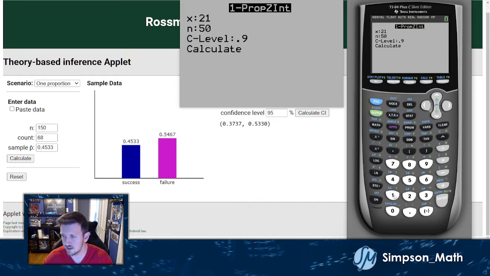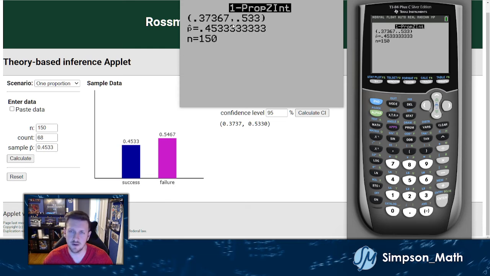So this time let's update it with our new x, which was I think 68. So 68, press enter or the down arrow. My n this time is 150, and then my level of confidence is 0.95. So press calculate, and it gives me what we got a second ago. There's my p hat with lots of threes, and about 37.4% and 53.3. It's 53.30 a bit, so it doesn't give you that last zero. So that's how you do it on the